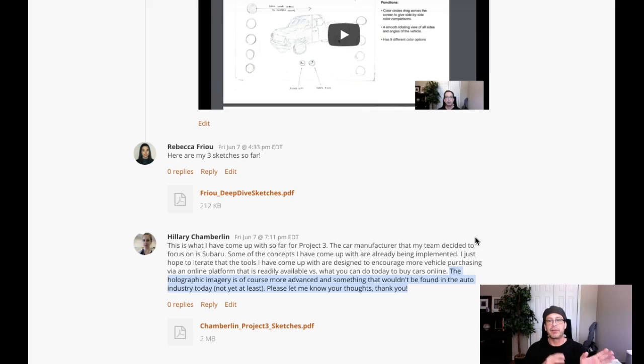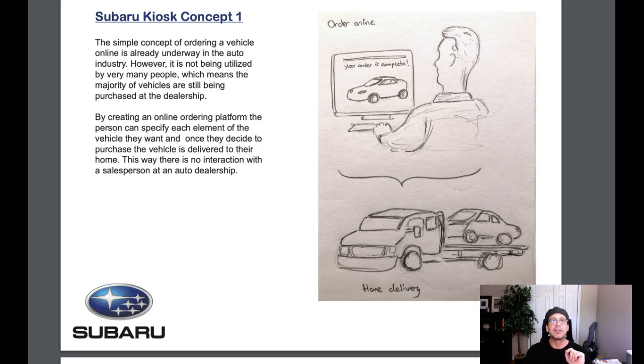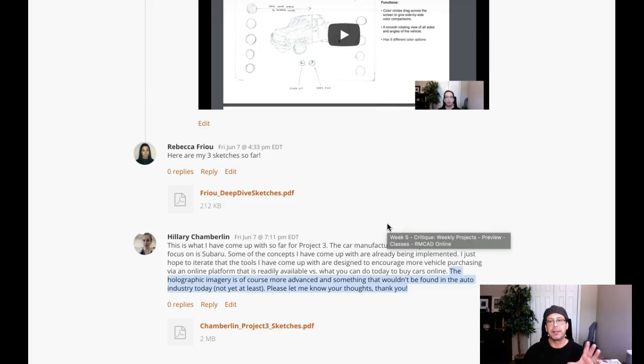Now, in the real world, the hologram wouldn't launch because, as you said, the technology isn't there. But hopefully, we're seeing that the scope of this class is to just really explore the deep dive technique. So I'm perfectly fine with the holograph concept. Let's jump over to, and I just want to make that specifically clear, because in the